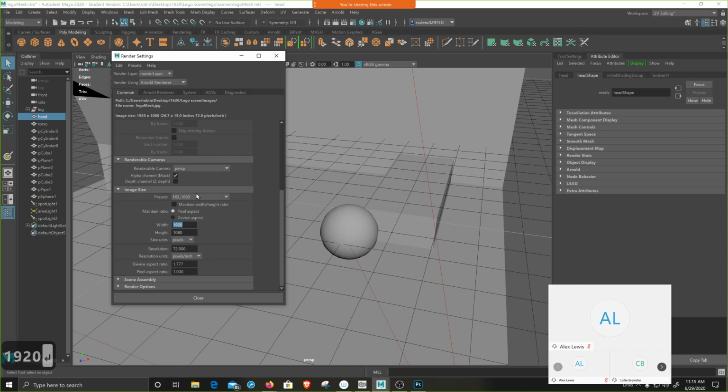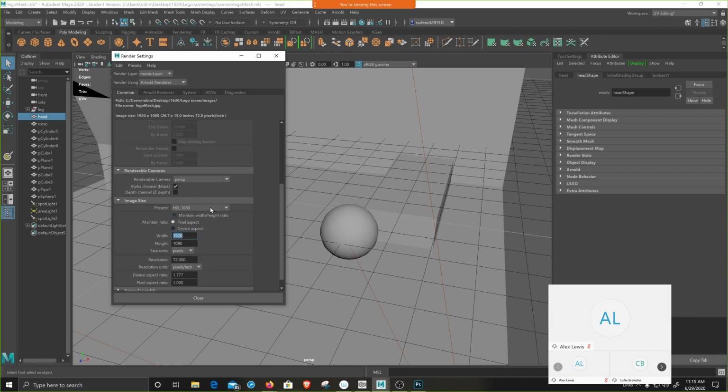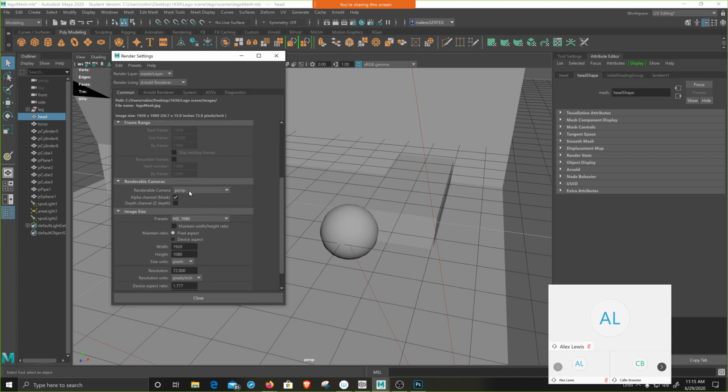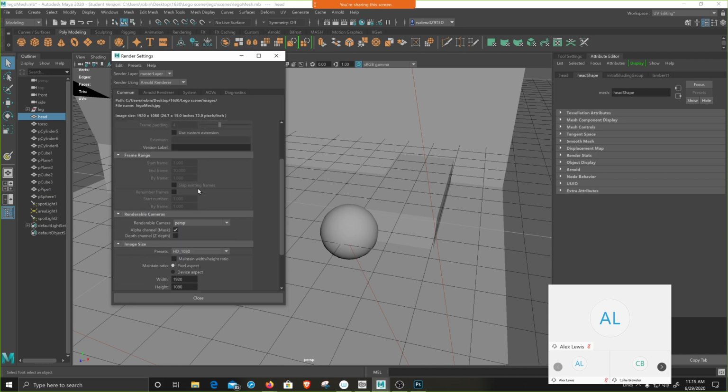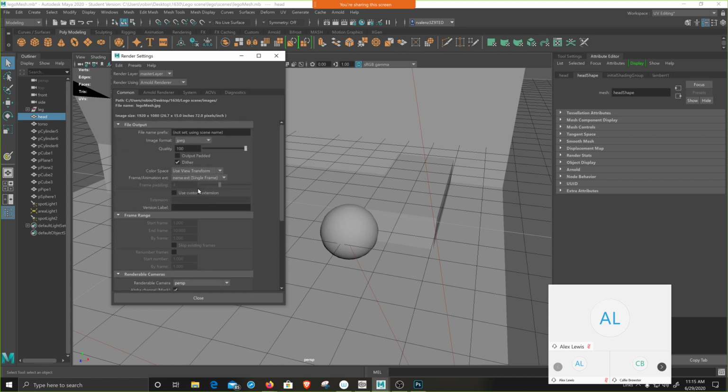That's the format we want this file to be. It's asking you what camera you're rendering. If you have a perspective or another camera that you've made, you can pick it from here. If you're making an animation, and right now we're not making an animation yet, but if you were,